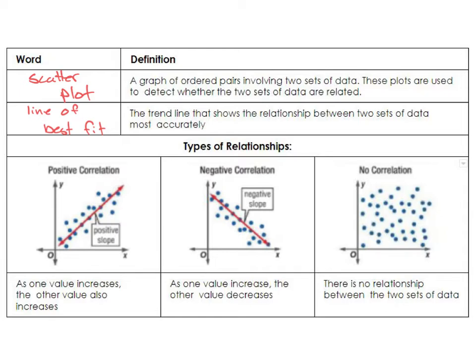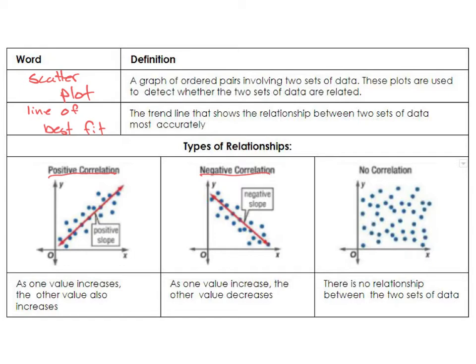Okay, so with these two things, we have a couple types of correlation. When we're looking at how these two are related in your scatter plot, we could see what's called a positive correlation. This is going to be as one value increases, the other value also increases. A negative correlation is going to be a negative slope, where you can see one value increases but the other